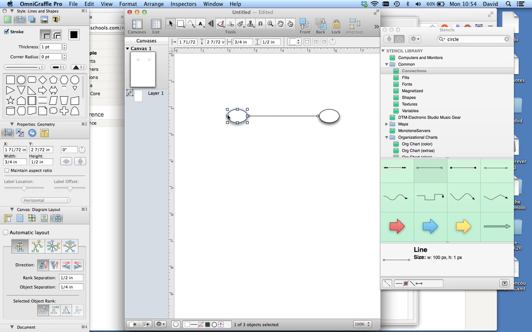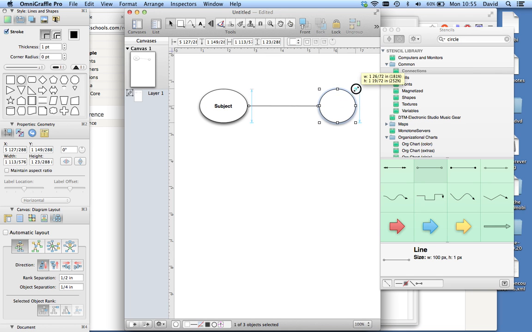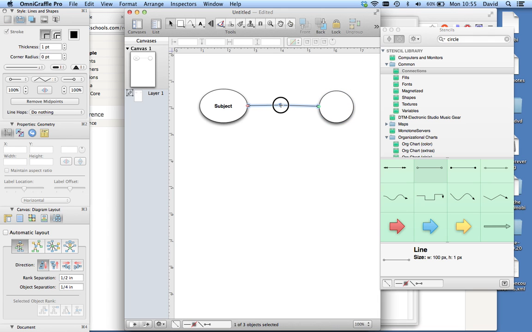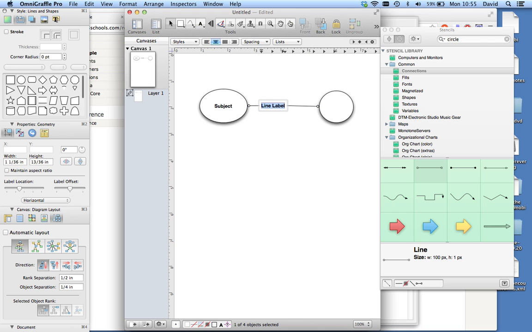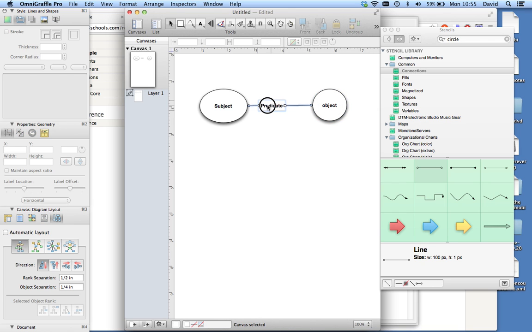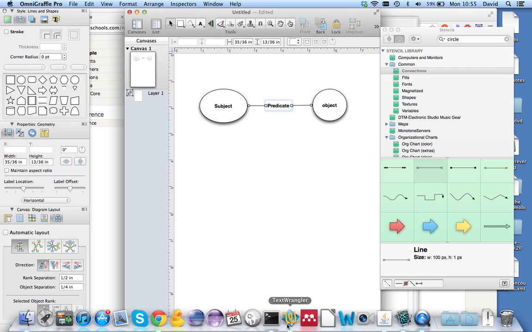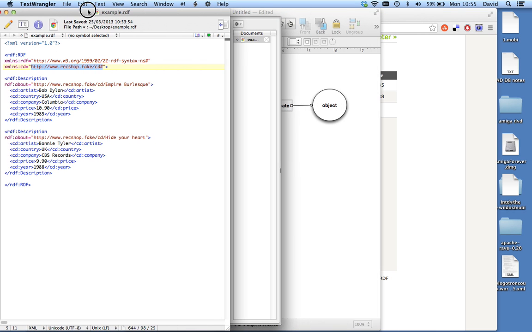So we've got the subject here, this is a predicate here, and the object here. So in this example,